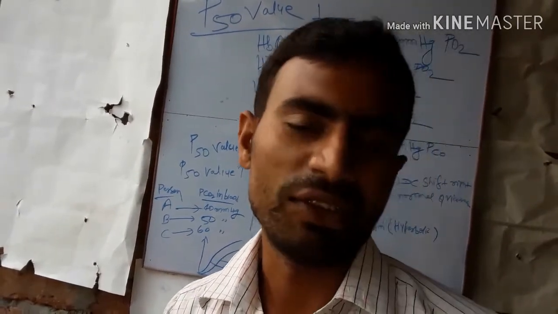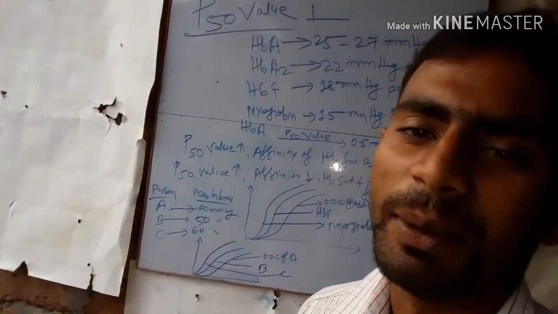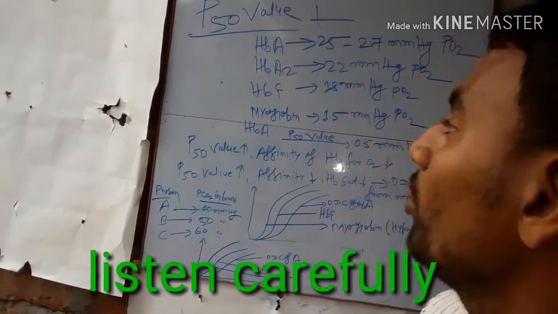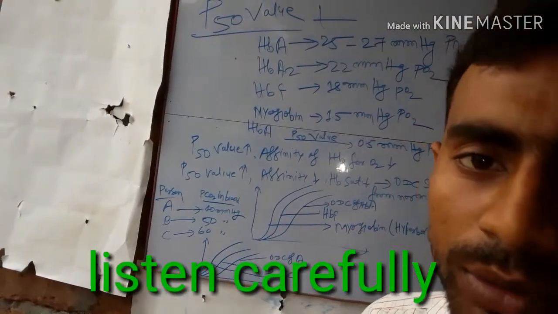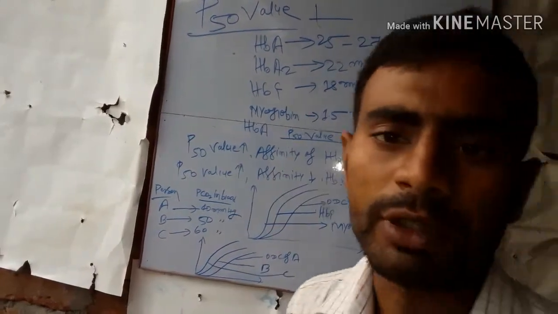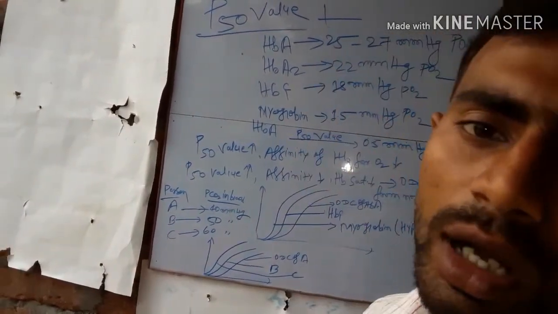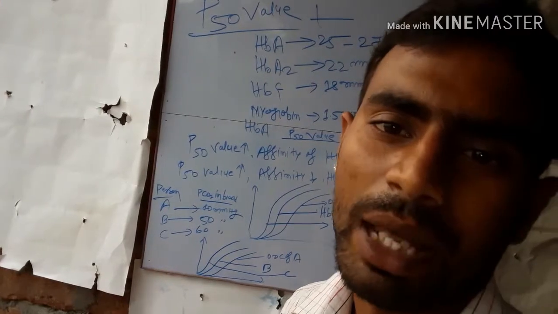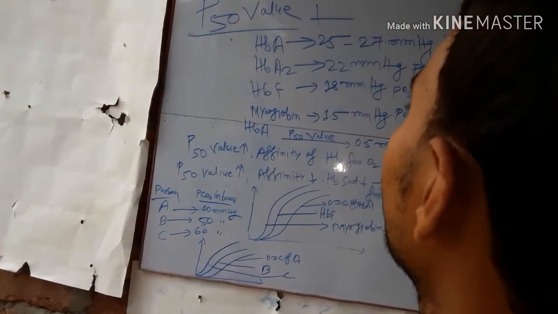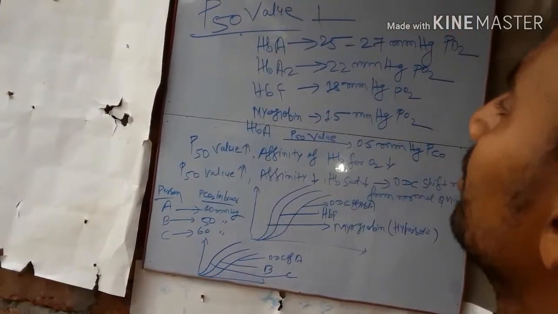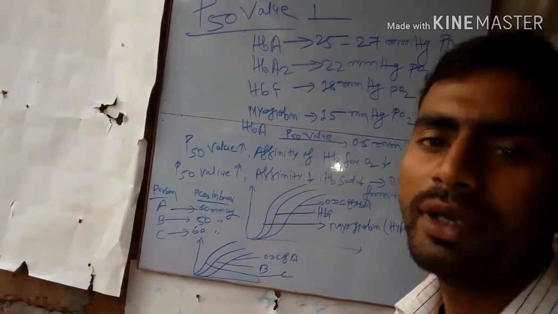As you know, this is also a very necessary topic, that is the P50 value. Now we'll see what the P50 value is for some terms, and after that we will see what the graph of the P50 values looks like. So, let's look at the P50 value of HbA,